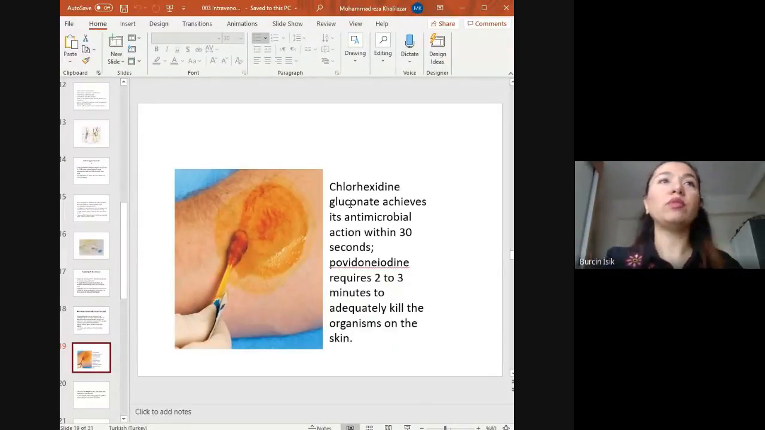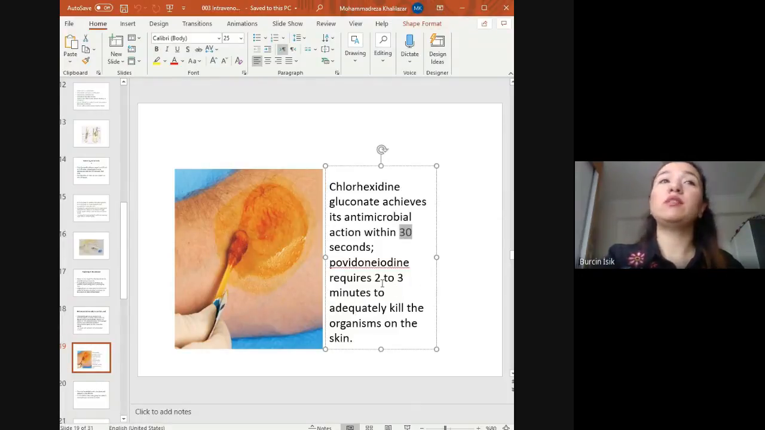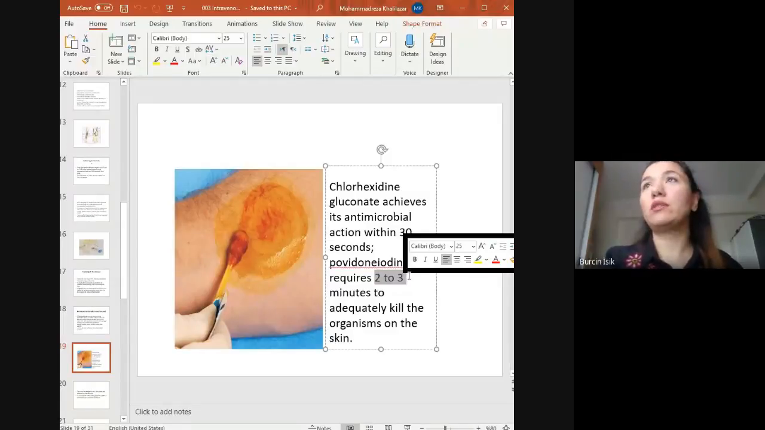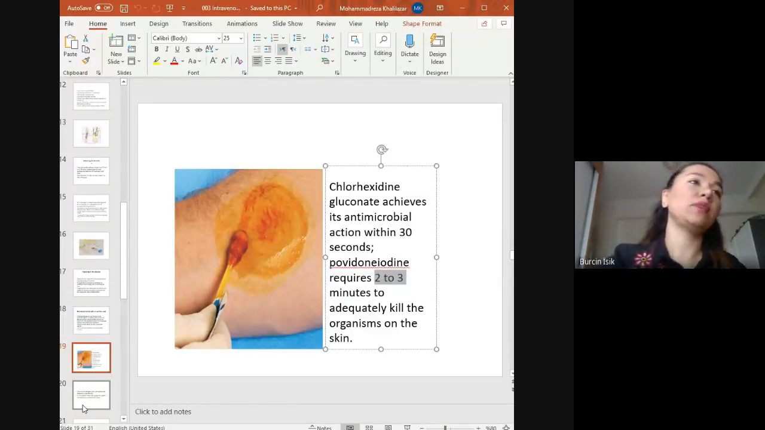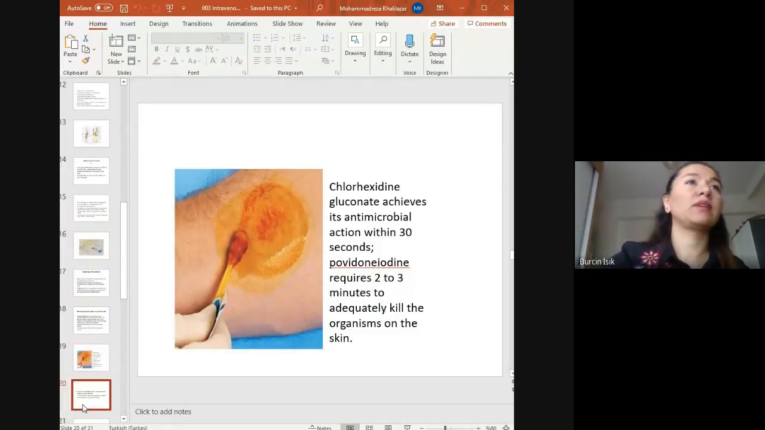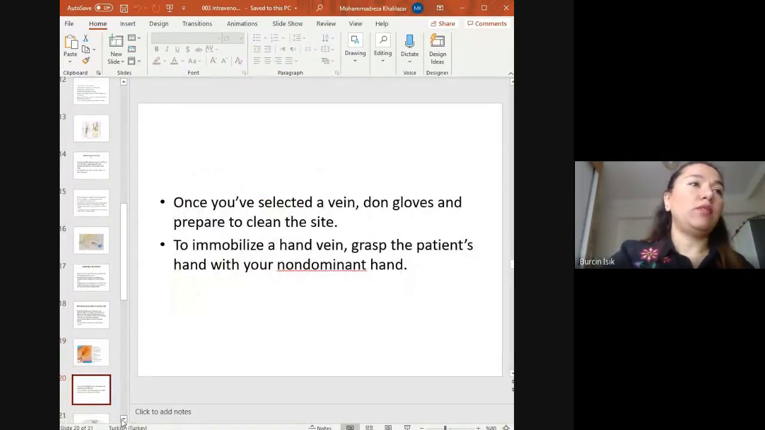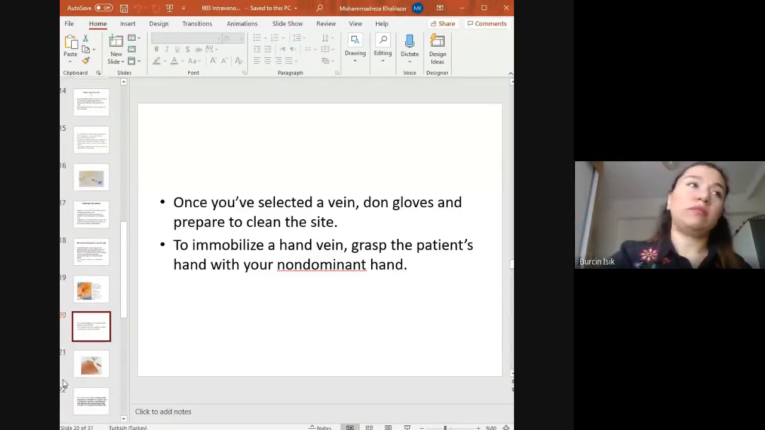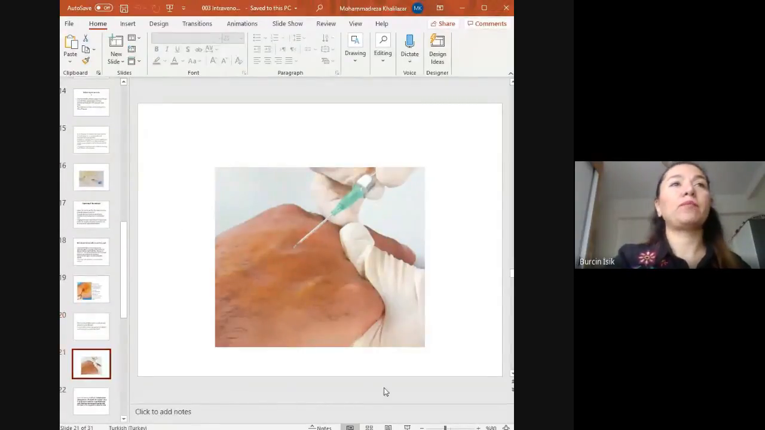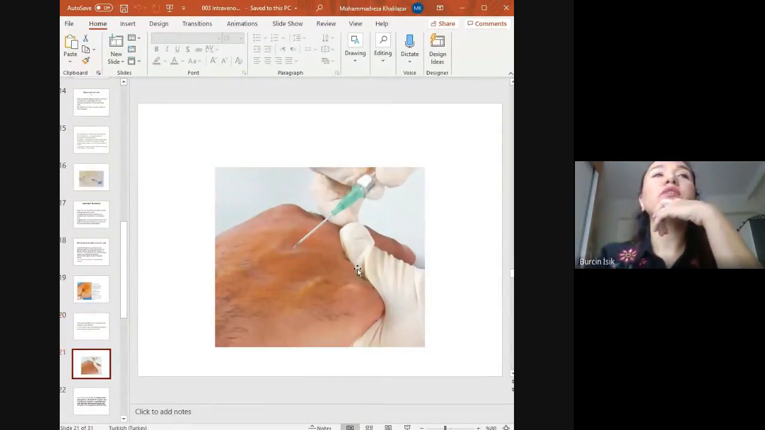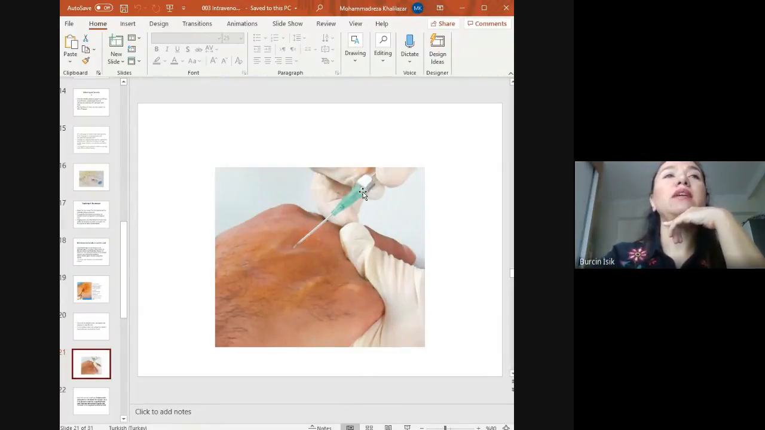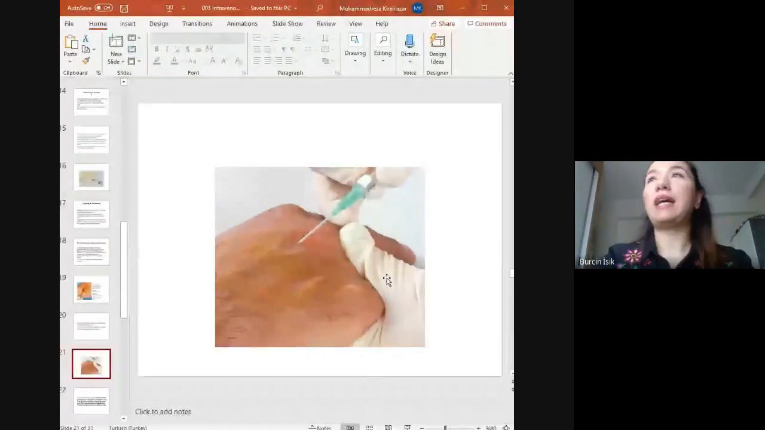For example, maybe you need 30 seconds, maybe you need 2 or 3 minutes for the drug you are using to take effect. You must wait. It's the angle, which angle you choose: for example, with the right hand put in the needle, with the left hand keep the hand immobile,